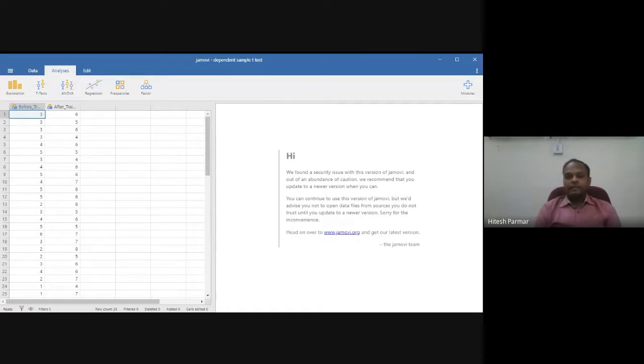This data is related to the training given to salespeople, and these numbers represent the daily productive sales calls. So some training is given. Before training, what was the performance regarding sales? It was measured. And then after training, the performance is measured with respect to productive sales calls. And then it is checked for the significant difference. Any other example, participants?